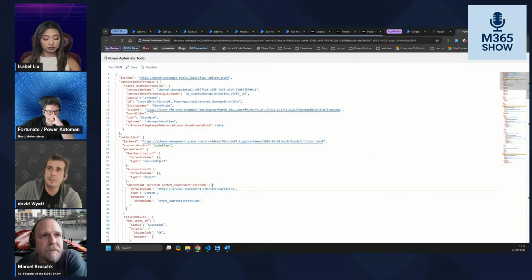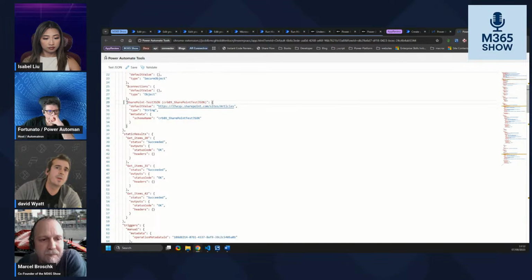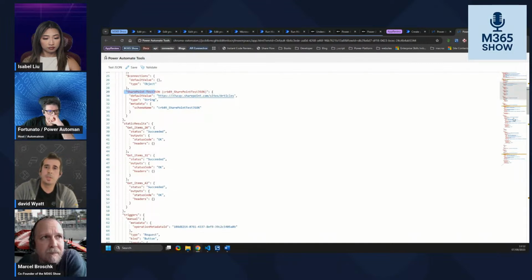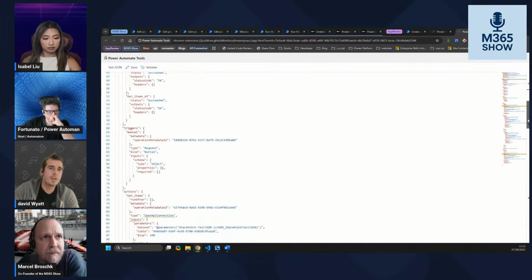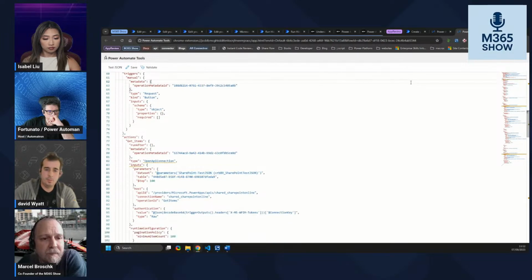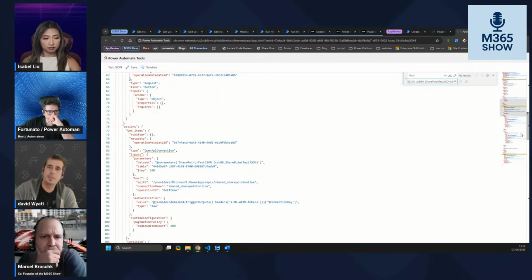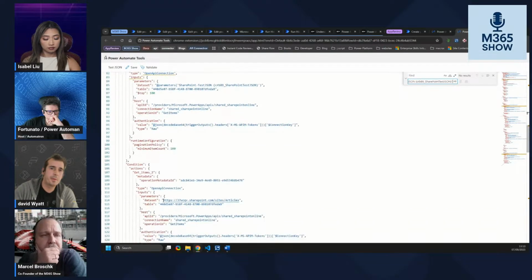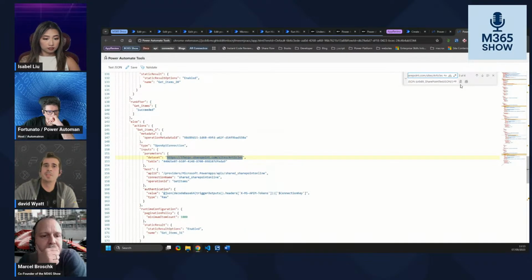And there it is. So we can see here now we've got our environment variable added, and all I need to do is go down and find where it is. There it is. So this is the environment variable I want, and we're going to use that as a replace. And then we're going to find one instance of our SharePoint that we want to get rid of. And straight away we can leverage find and replace, edit everything.